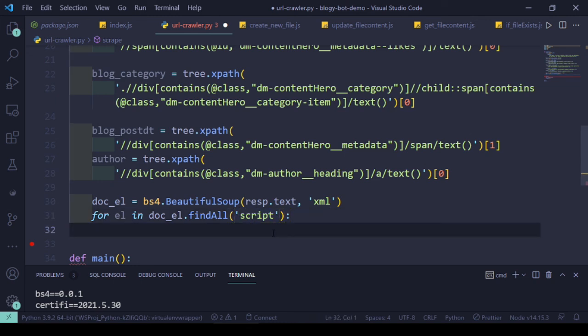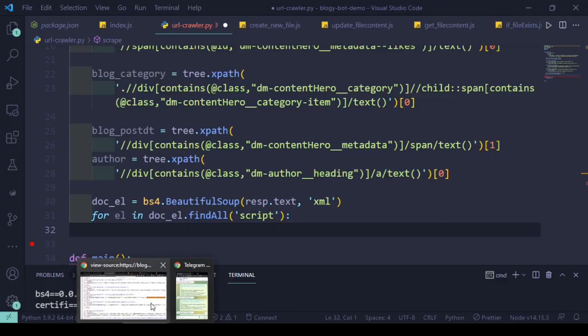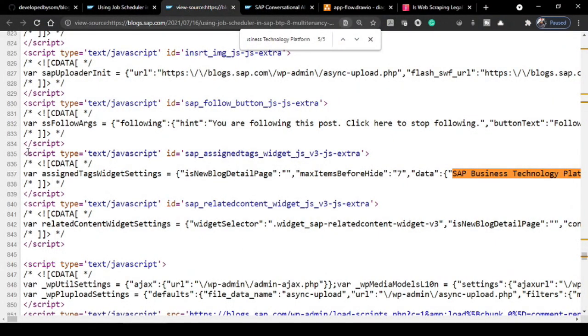If you go to this one, you will see lots of scripts are there, right? Everything's script. So I'll just search the script element. What will happen is it will remove this piece and this piece, and it will contain only this particular section. So I'll get only this information, not the CDATA part or the script part. It will automatically remove it.